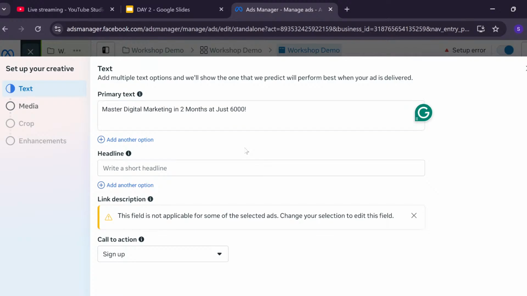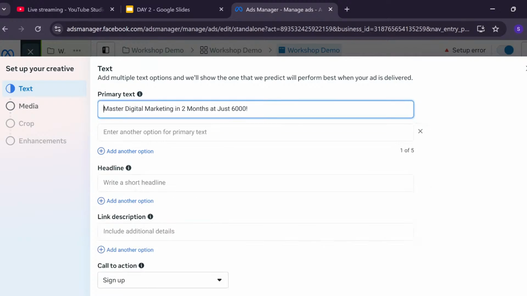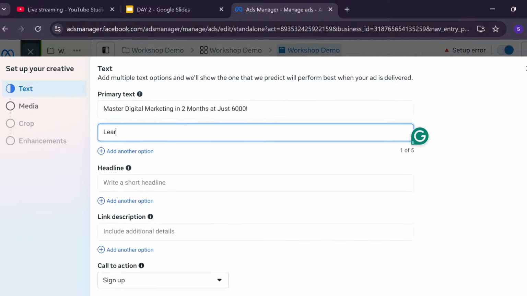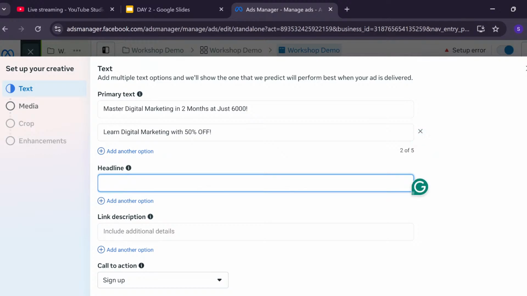Okay, this might be a primary text, or maybe you can keep it as learn digital marketing with 50% off. Okay, you can keep that, and the headlines can be